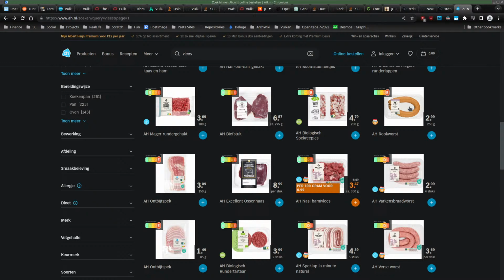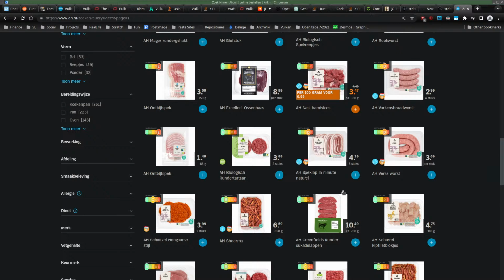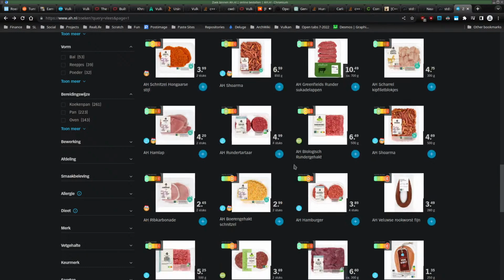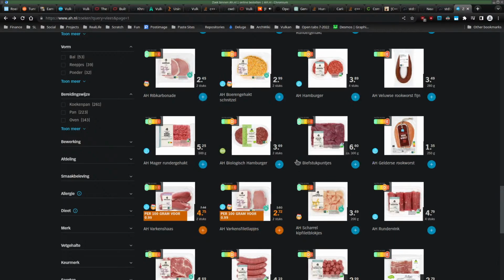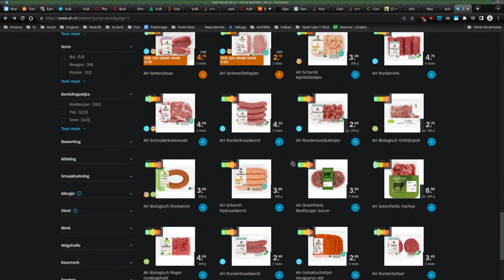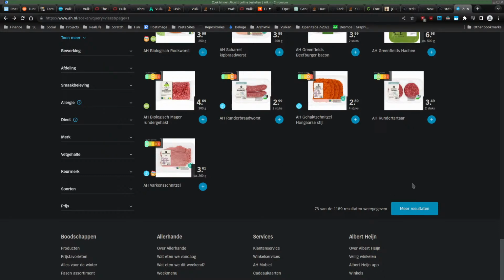Okay, here's a sausage-like thing. It's definitely not what you had. As you can see, it's more like minced meat, bacon, hamburger, stuff like that. So it's not like what you buy with a butcher, where they literally have the cow or the pig in the back, and they cut it in pieces and then they sell it. No, this is all changed, so you cannot recognize it anymore, basically.